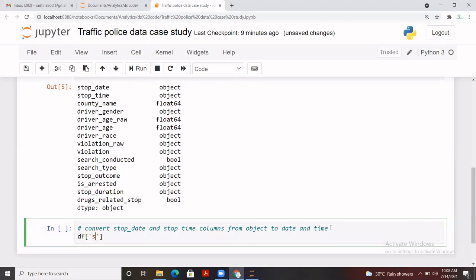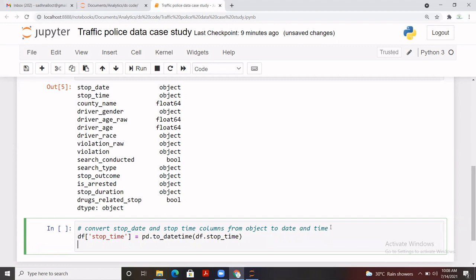We are going to apply it on stop time. I hope this is the correct name, right? No, this one, and we have connected it with an underscore, stop_time, and we are going to make it pd.to_datetime, and we can directly write df.stop_time. Here we are using stop time as an object, and exactly the same we can do for stop date.